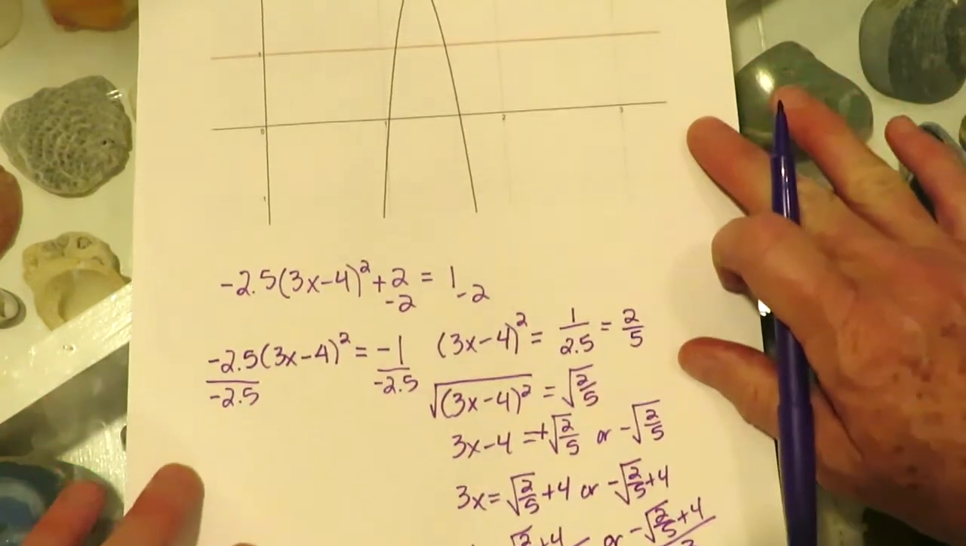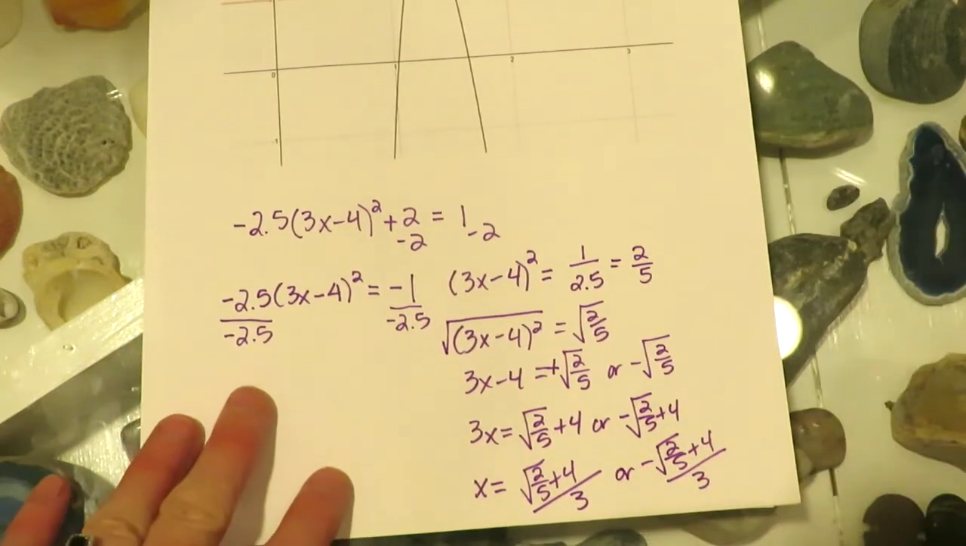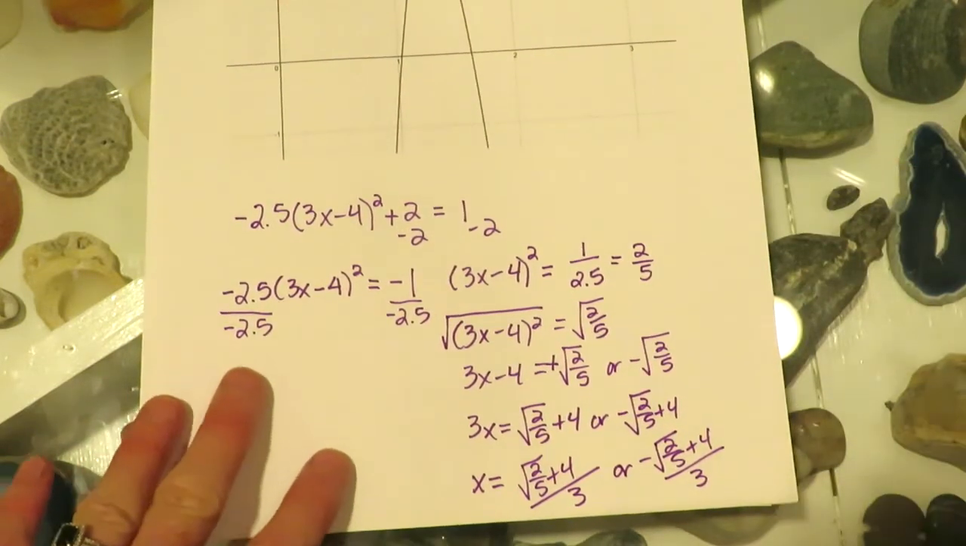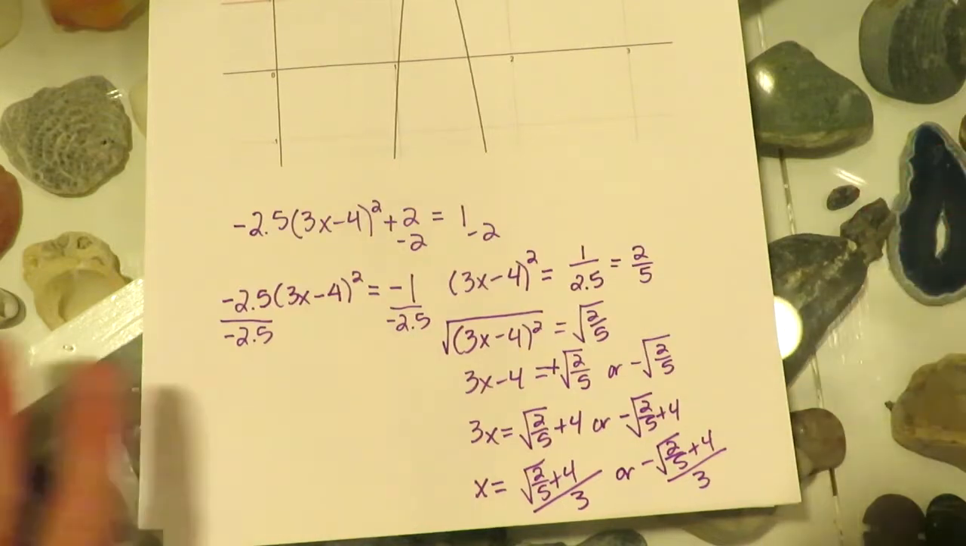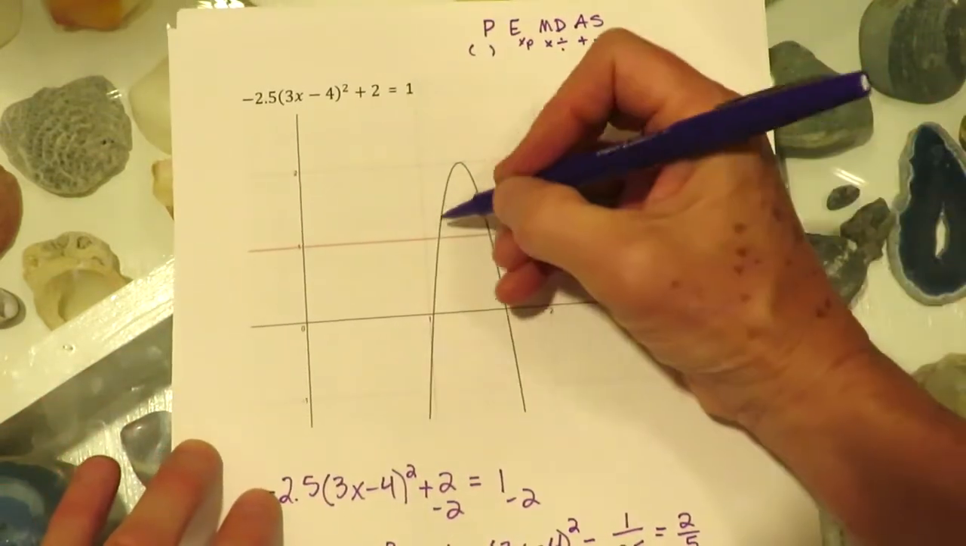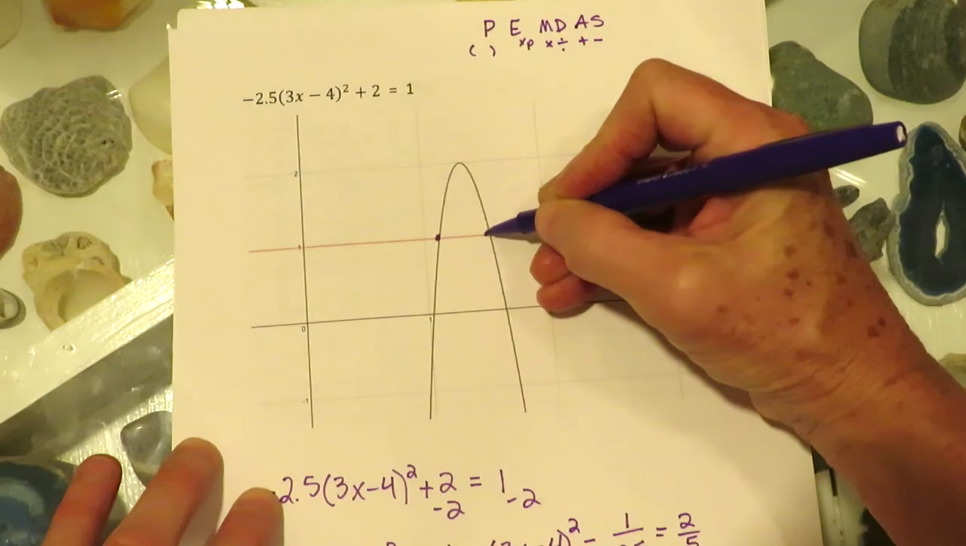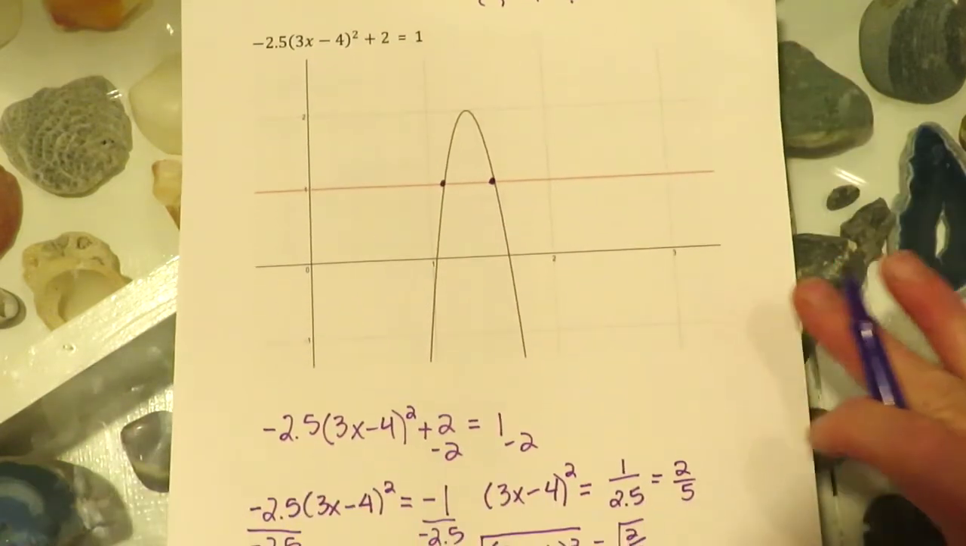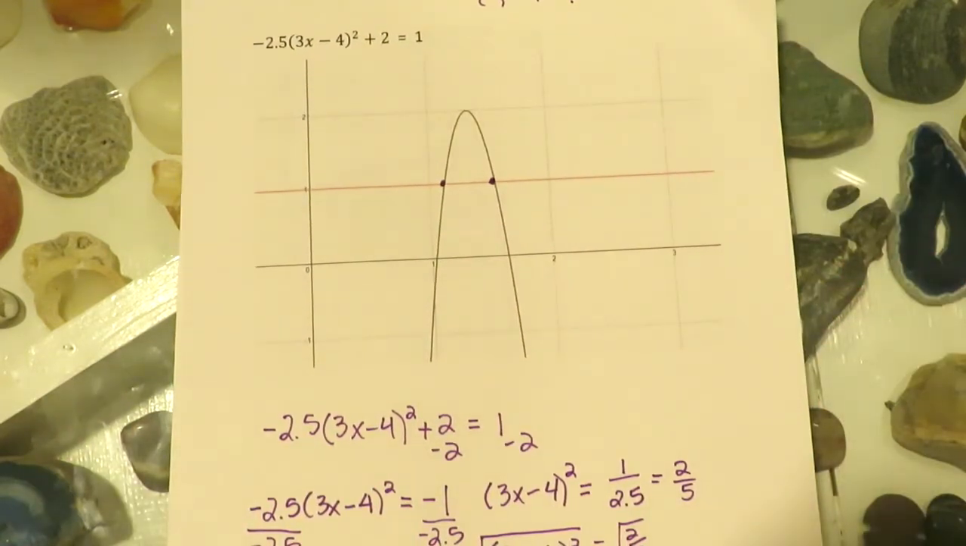So what I'm finding, and I'll get some decimal approximations for those answers. Right now they're in exact form, and they are the exact answers. What we're finding are these 2 intersection points. And so I can see I do have 2 solutions. If I take the square root of 2/5 and I add 4, and then I divide by 3, and I take the opposite of the square root of 2/5 and I add 4, and I divide by 3, I get